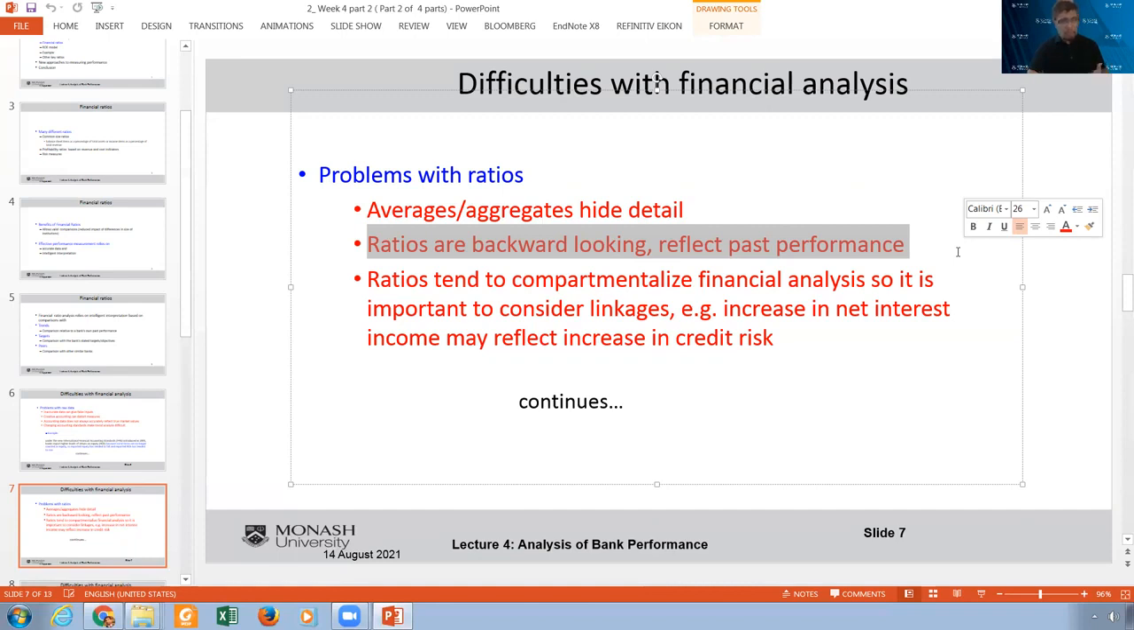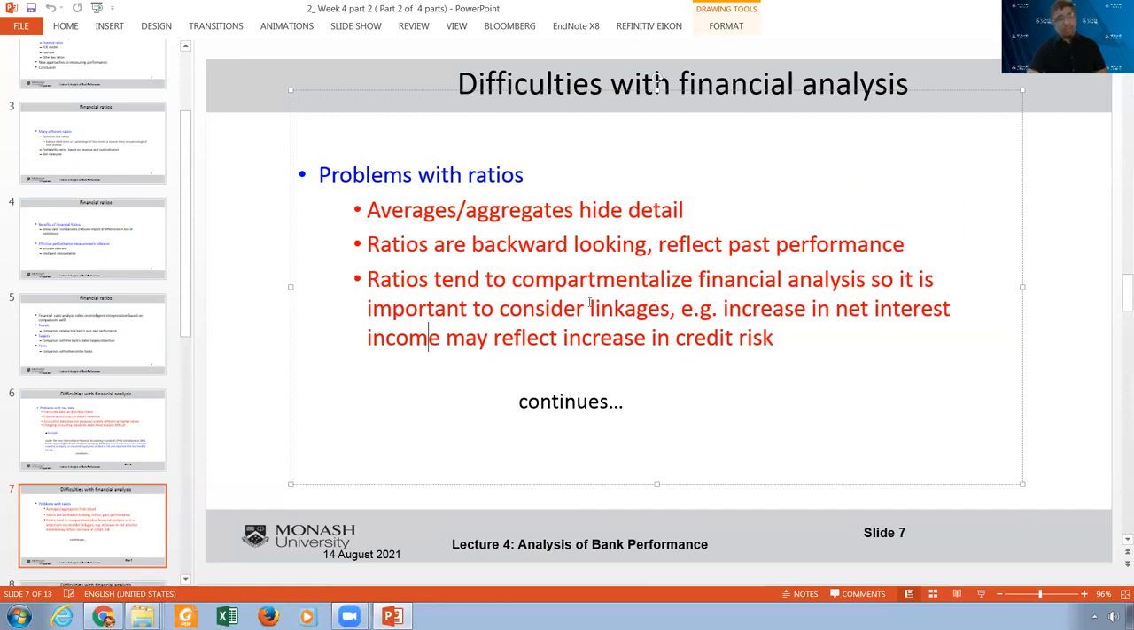It is the position of the bank or the corporation at this right moment, but it doesn't mean it will be in the future. And this right moment reflected only the past performance. Ratios need to compartmentalize the financial analysis. What do you mean by